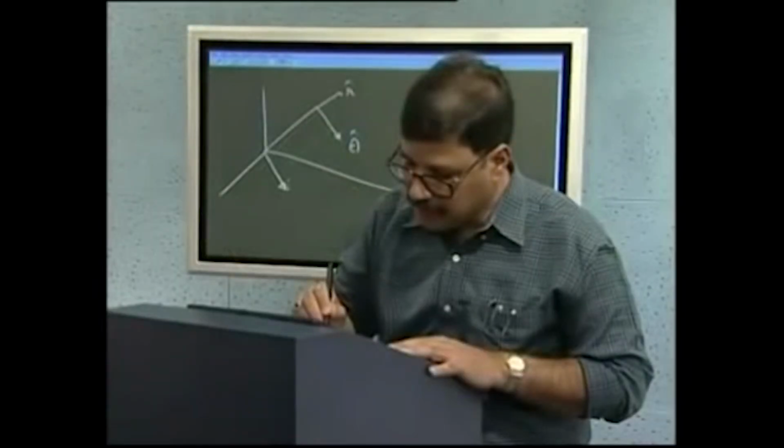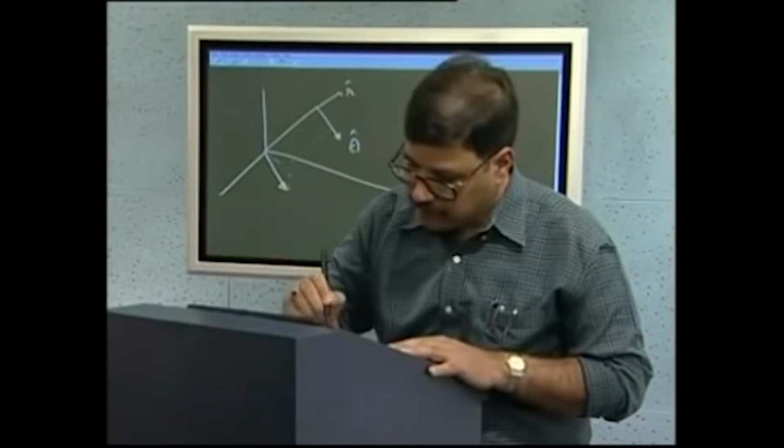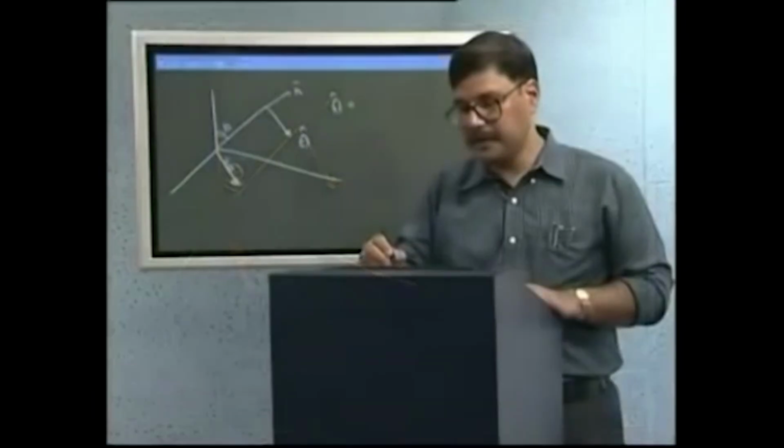Unit vector in theta direction is going to be like this. This is r, this is theta. If I transport it down just to make it look easy, this is pointing down from the plane of x and y axis by an angle theta, because this angle is theta, and therefore you can see the components of theta in x and y direction are going to be